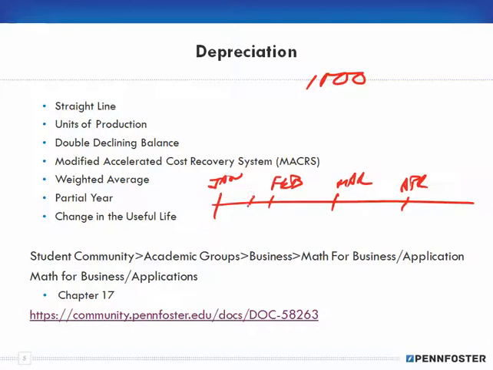If you bought the asset on 1/25, you would not depreciate for the month of January. You would start your depreciation for February through March, and when you get to the end,